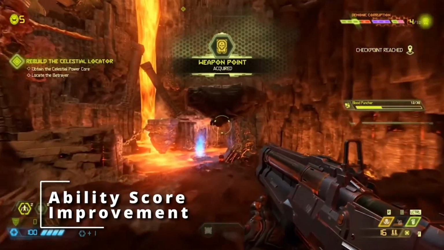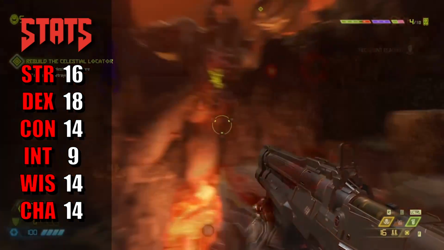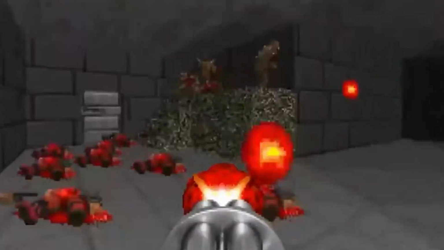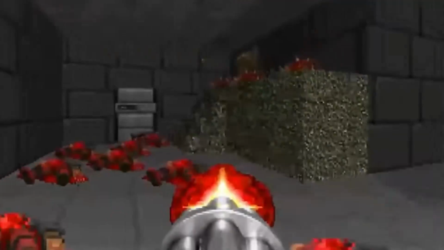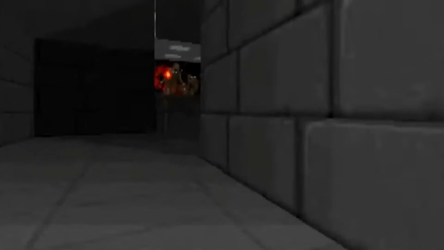Then at 4th level of Paladin you get an ability score improvement, so I'm just going to boost up your dexterity by 2 points because it's going to help with all those ranged attacks that you might want to do. Then instead of taking 5th level in Paladin, which would be kind of a waste anyways because the main thing it gives is extra attack, which you already have from being a fighter, we're going to do another multi-class,